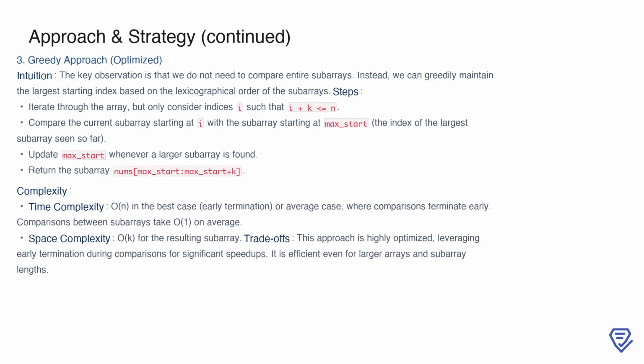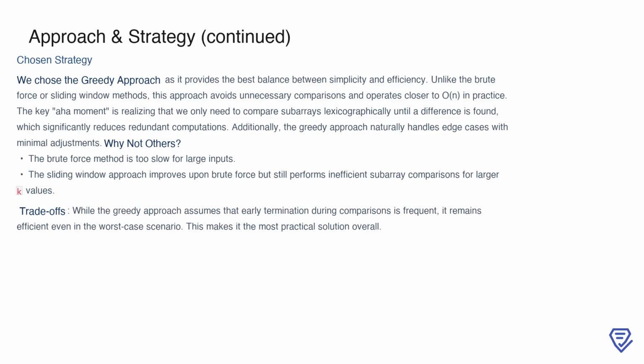In terms of complexity, this method operates in O(n) on average, as comparisons between subarrays are often resolved quickly. Even in the worst case, it remains highly efficient compared to the previous methods. The greedy approach is particularly well suited for larger arrays and subarray lengths, making it a strong candidate for solving this problem efficiently. The strategy we chose to implement is the greedy approach, as it strikes the best balance between